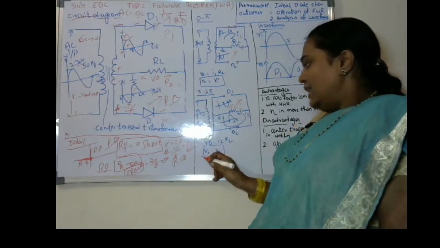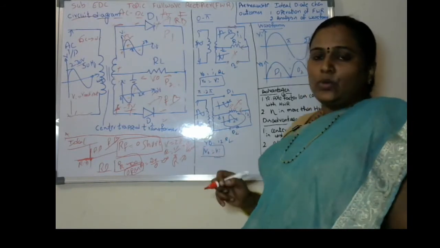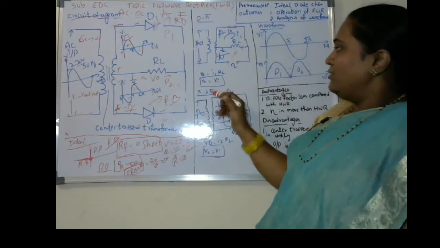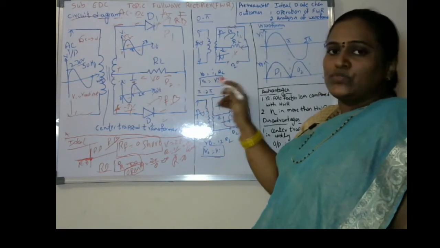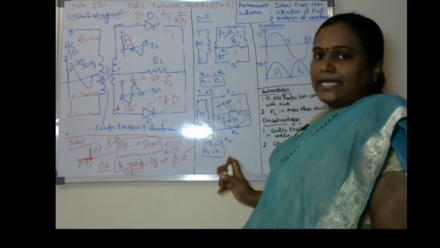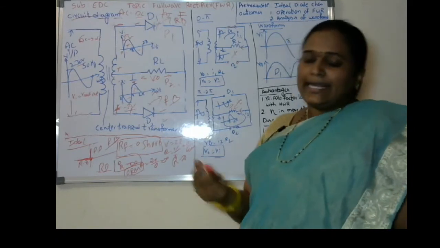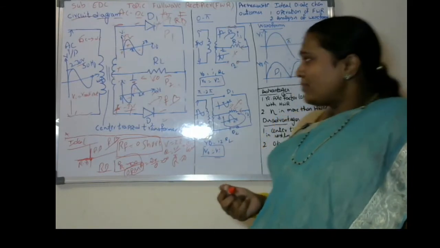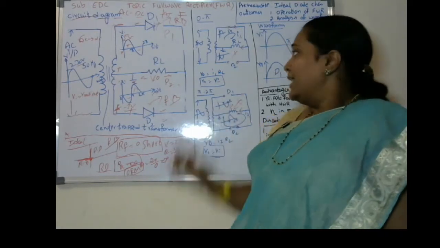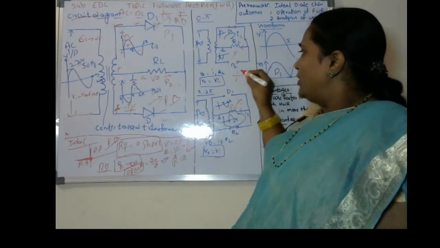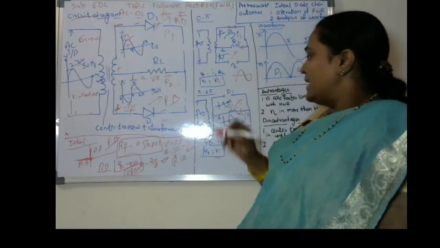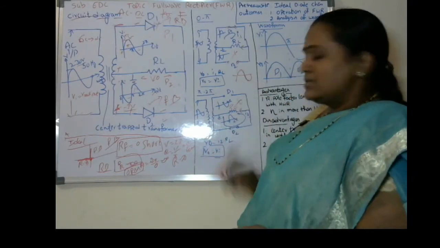So we can say that V0 will be equal to the input voltage Vi. If you observe, in both cases, from 0 to pi we have the output voltage equal to Vi, and in the pi to 2 pi case we also have the voltage Vi. In both the cycles we are getting the output voltage. That's why it is called a full wave rectifier. We are getting the output for the total cycle, the full cycle. That's why it is called a full wave rectifier circuit.